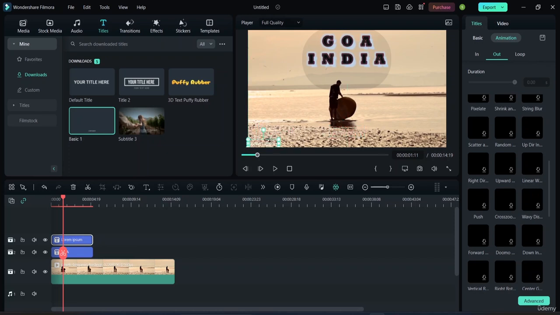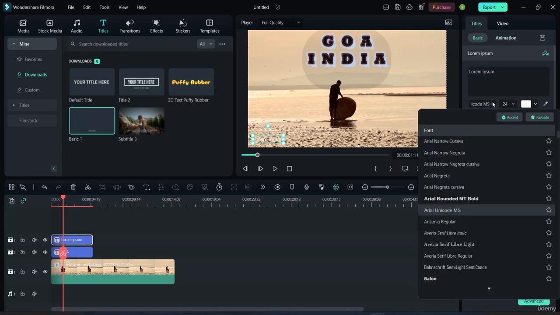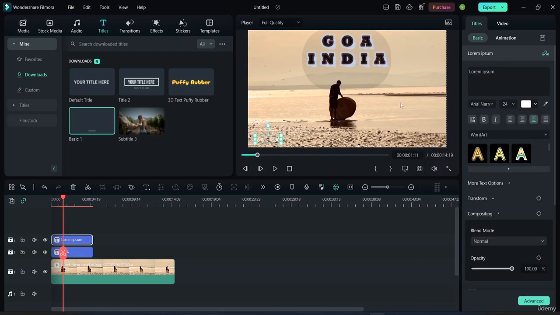So I can just move this around. I can select a color. Suppose I have selected this. Come to the basic option. Select this, and from here I will just type Panjim or Vagator, Vagator Beach. Okay, so I have selected this thing here, and now I will just change the color to black,